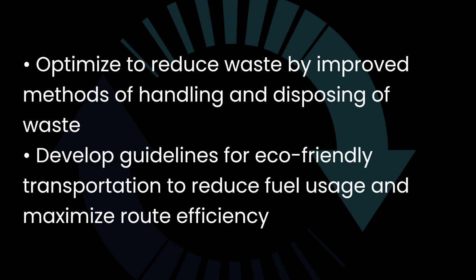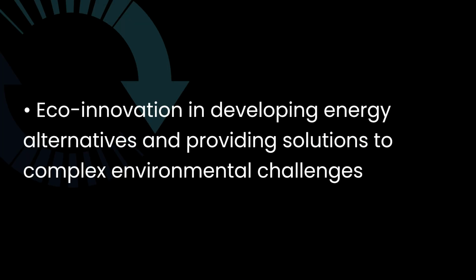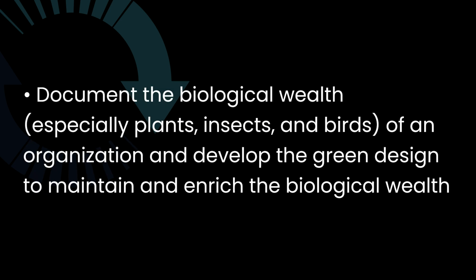Optimize to reduce waste by improved methods of handling and disposing of waste. Develop guidelines for eco-friendly transportation to reduce fuel usage and maximize route efficiency. Eco-innovation in developing energy alternatives and providing solutions to complex environmental challenges. Document the biological wealth, especially plants, insects, and birds, of an organization, and develop the green design to maintain and